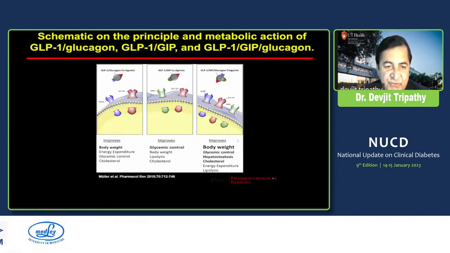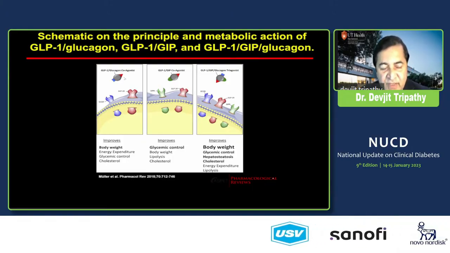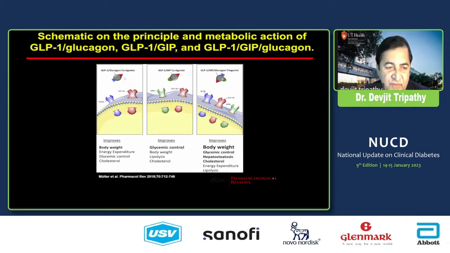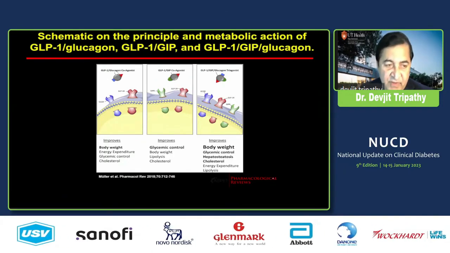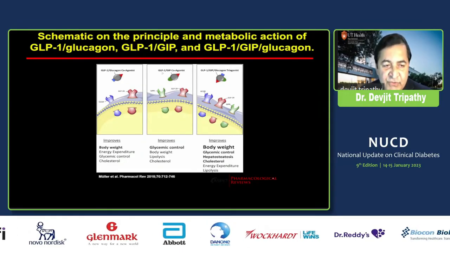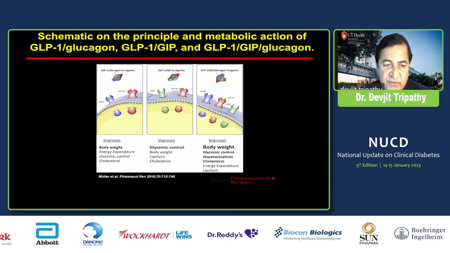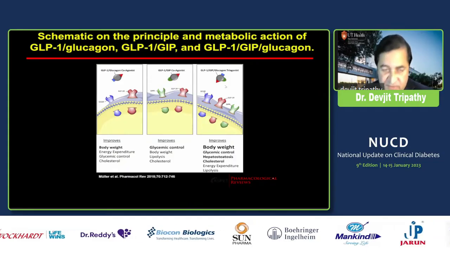These are schematics showing the polyagonists that are now being pursued for treatment of type 2 diabetes and obesity, such as GLP and glucagon. I will not talk much about it because there's one drug developed by AstraZeneca called Cotadutide. They went to phase 2 trials, then for some reason decided not to pursue it. So right now there's no such drug being developed for diabetes, but there are some drugs by Novo pursuing it for treatment of NASH. I will show details about tirzepatide, which is the only approved GLP-GIP co-agonist, and I'll show some data on the GLP, GIP and glucagon triple agonist.